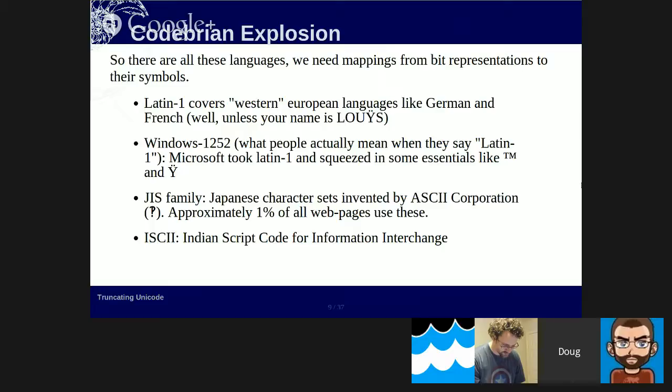So you have Latin 1, which is partially backwards compatible with ASCII, but then you have the upper half of the code set, the quote unquote high bytes, 128 to 255, and those map to some particular code pages of characters. Latin 1 covers most of the Western European languages, except with the minor little niggle that if you're ever using Latin 1 or ISO 8859-1 on the web, you're actually using